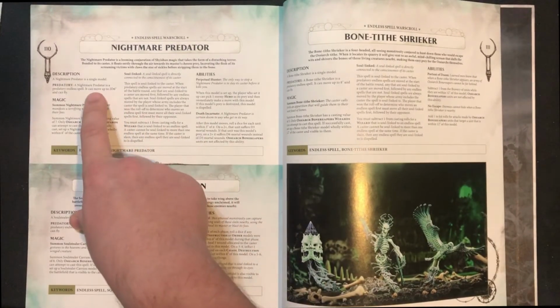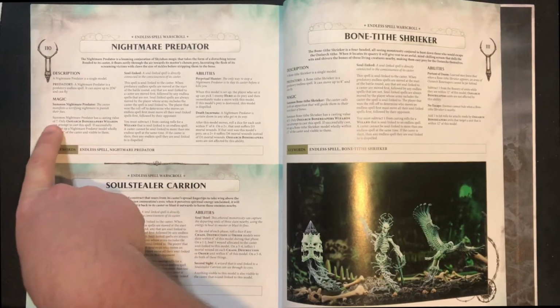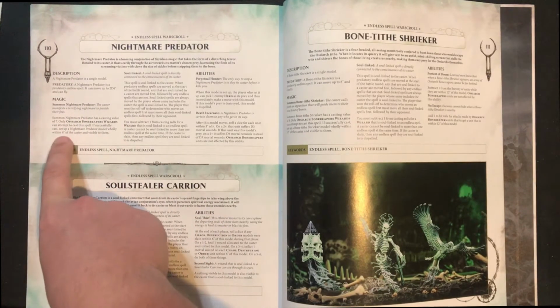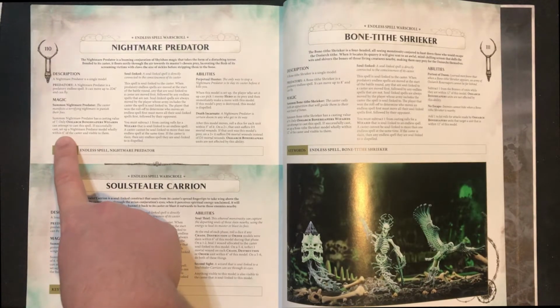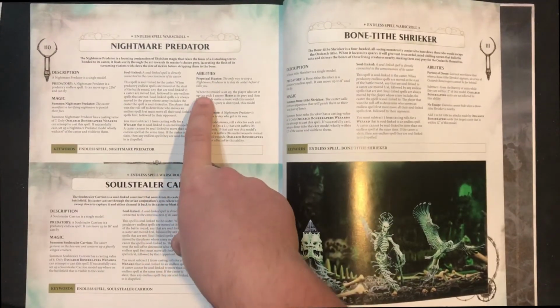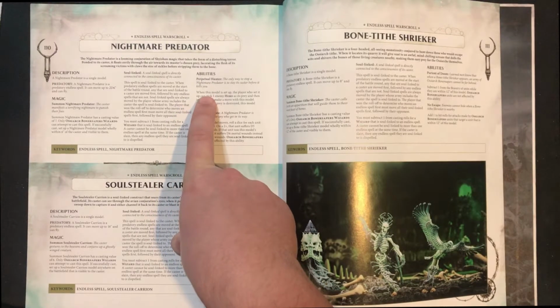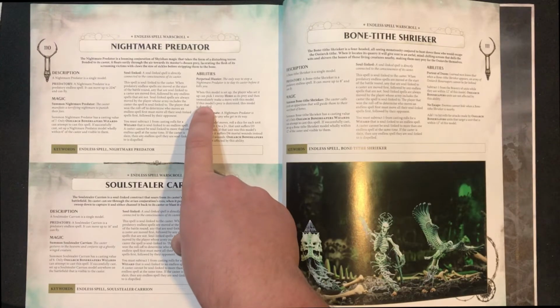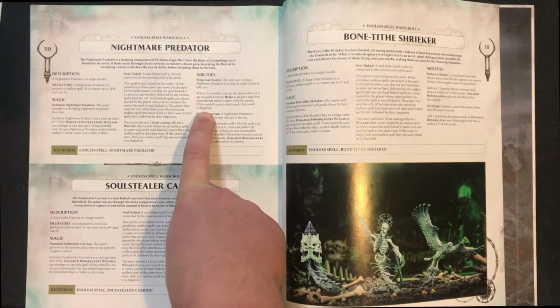It is a predatory endless spell that can move up to 2d6 inches and flies. Right? Has a casting value of 7. If successfully cast, you set it up within 6 inches of the caster and visible to them. Okay, so this is this guy. His abilities are Perpetual Hunter. When this model is set up, the player who set it up can pick one enemy hero as his prey, and then immediately make a move with this model. If this model's prey is destroyed, this model is dispelled. Okay, not...